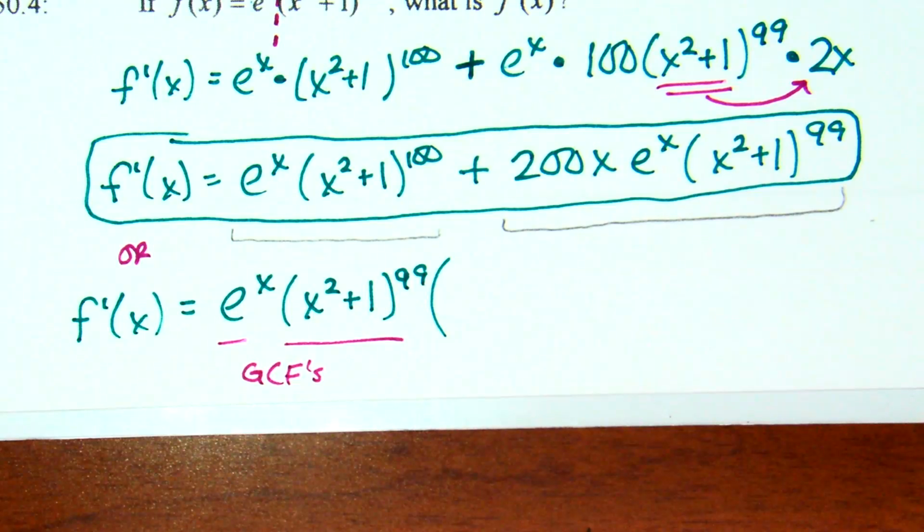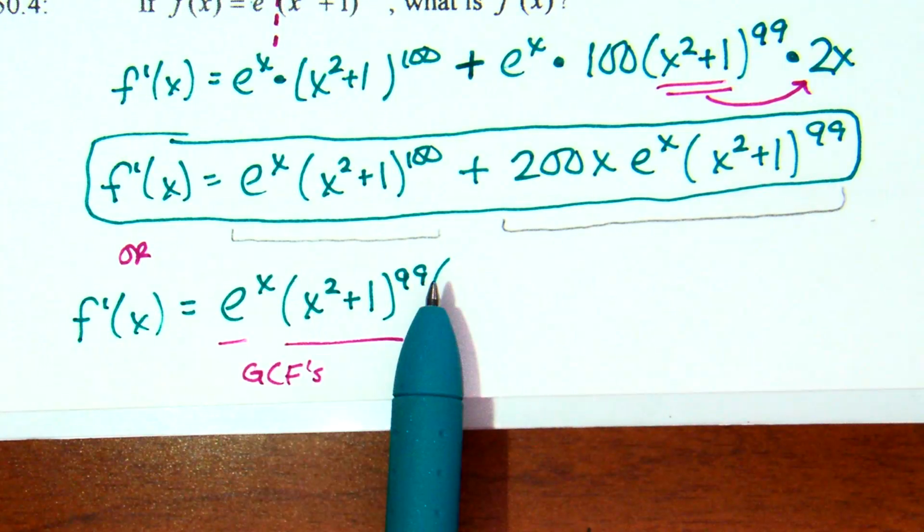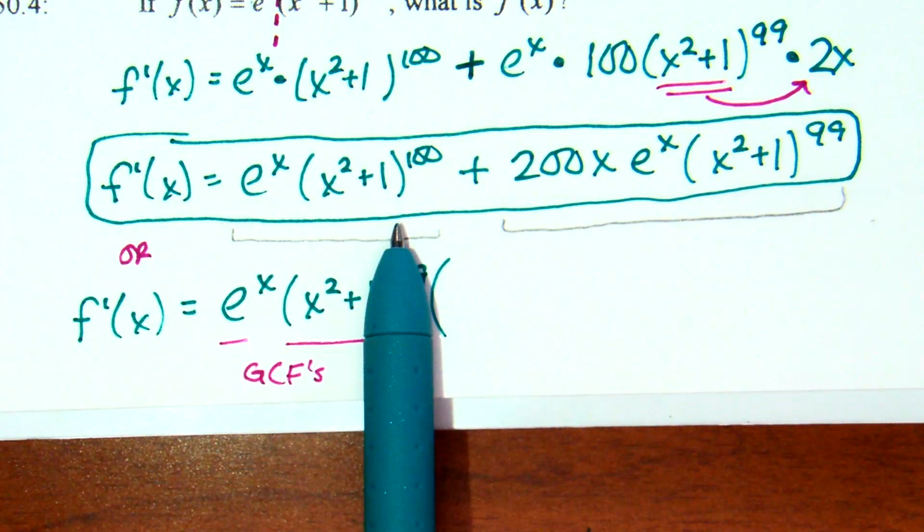As we look at the first term, we're taking out the e to the x, we're taking out x squared plus 1 to the 99th. What remains? X squared plus 1 to the first if you want, but I don't need to write that first, so that's just an x squared plus 1